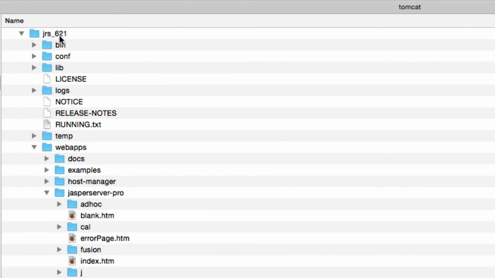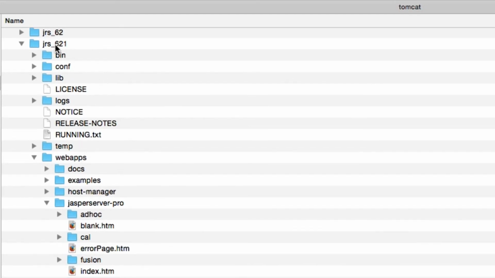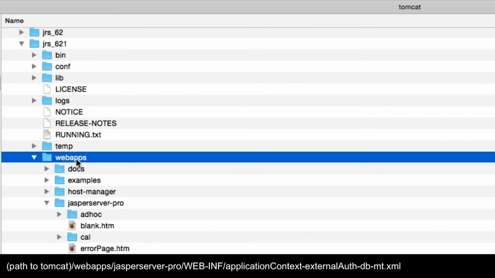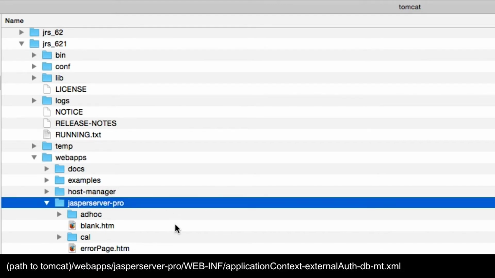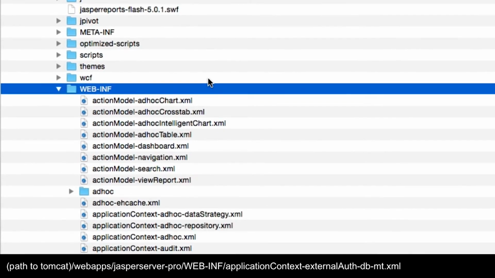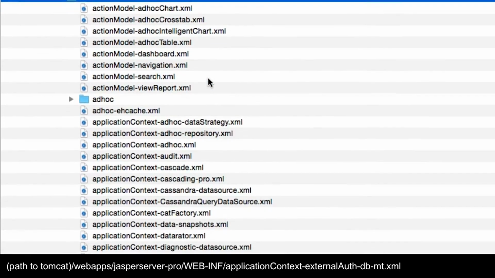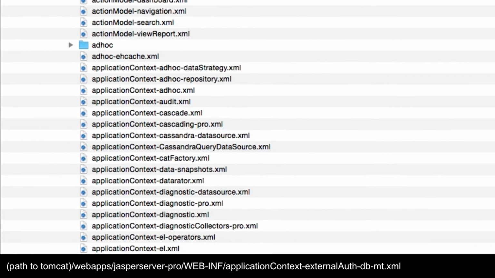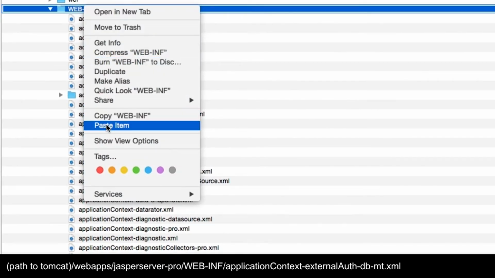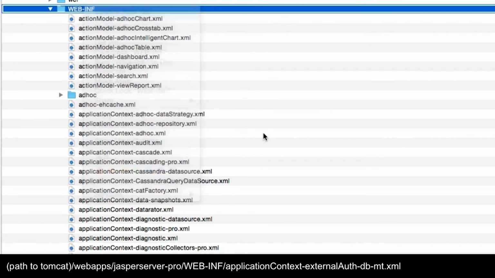Your name will probably say Tomcat here, but regardless, you're going to find where JasperReports server is installed, and navigate through this folder directory. You'll want to open up the Tomcat folder directory. Again, mine is JRS_621. You'll then want to move to the Web Apps folder, the Jasper Server-Pro folder, the WEB-INF folder, and in this location, you'll want to right-click and choose Paste Item, and that will paste the file inside of